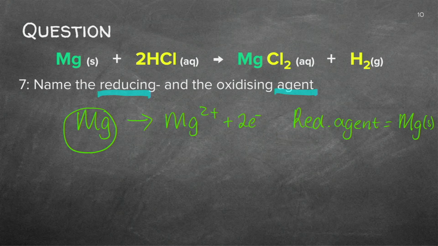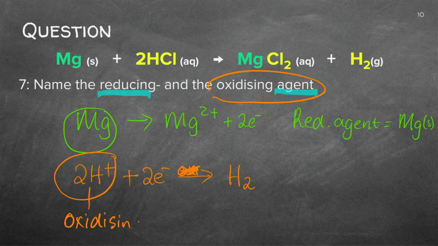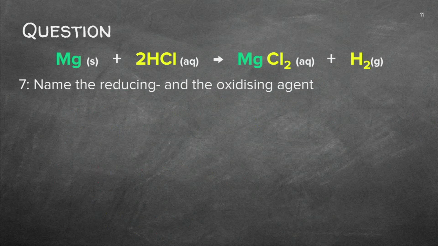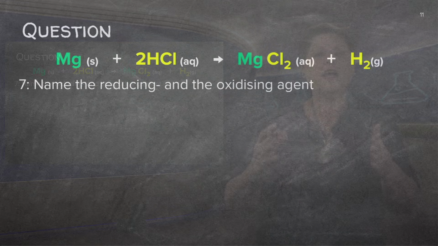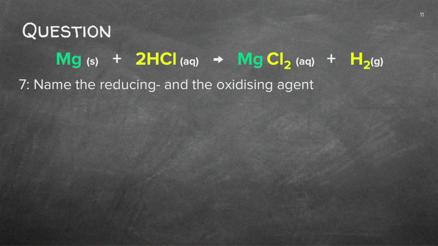And what substance is the oxidizing agent? You started with 2H+, adding the 2 electrons, becoming the molecule hydrogen gas. So because this is the reduction reaction, this will be the oxidizing agent. I don't want to write it there. Let's write it down here. So this is the oxidizing agent. Can you see you got all your marks for all your questions? And you finally just have to say, well, I've done all the questions, just check again, and I've got all my marks.